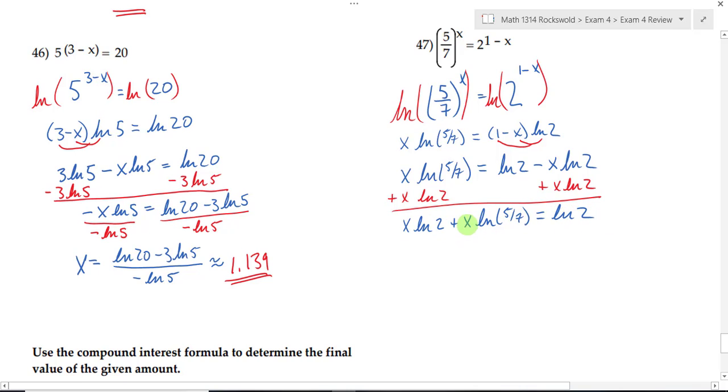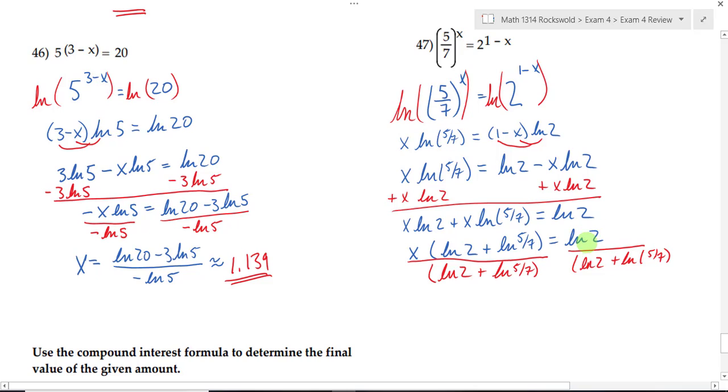Both of these terms have an x in common. Do you see that? Factor that common x out and you're left with just numbers. Natural log 2 plus natural log 5/7. And that's equal to natural log 2. Now how do I get the x by itself? Divide both sides by that giant piece right there, natural log 2 plus natural log 5/7. Can I cancel this natural log 2 with this natural log 2? Whenever you have addition or subtraction between terms in the numerator or denominator, you cannot cancel. If it was multiplied or as a factor out front, I could cancel, but if there's addition or subtraction between terms, I can't cancel. So I end up with x equals the natural log of 2 divided by the natural